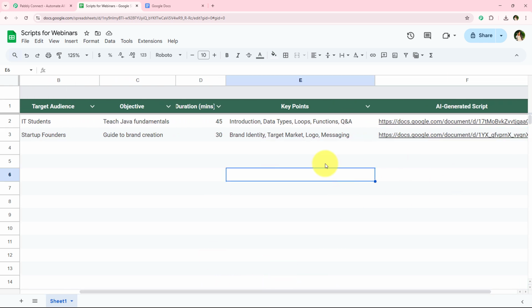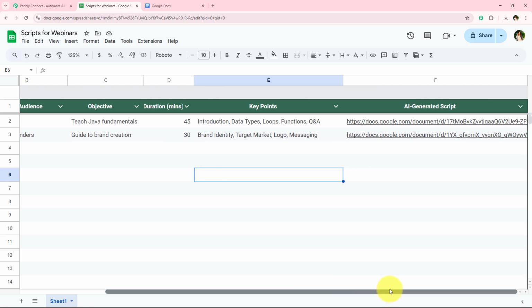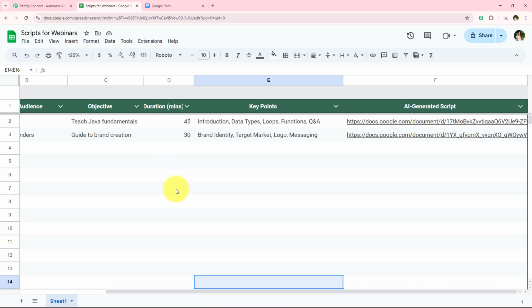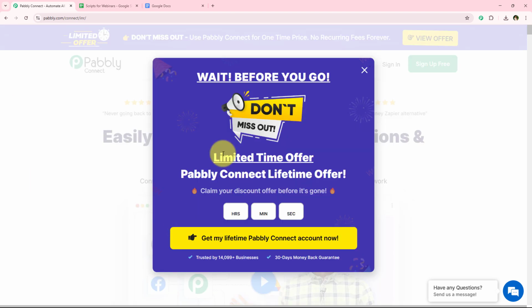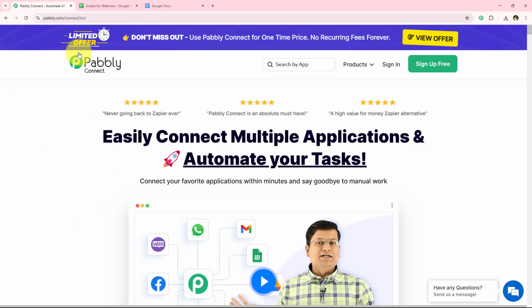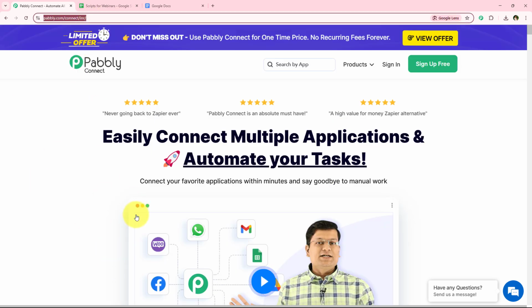So yes, this is the automation which we are going to create in today's video to generate video scripts in seconds and in real time without any manual efforts. And if you also want to generate these amazing video scripts, then for that you have to watch this tutorial till the end. So to do this, I've simply opened the landing page of Pabbly Connect simply by searching pabbly.com/connect